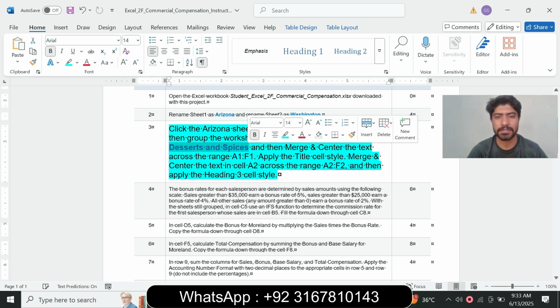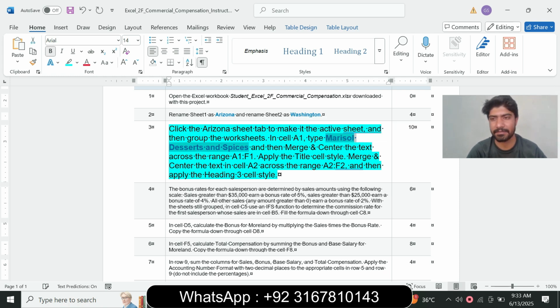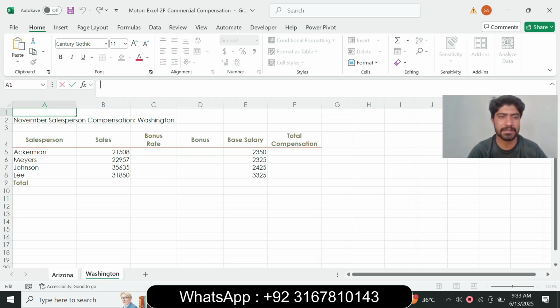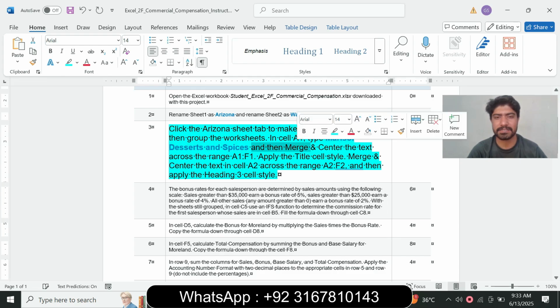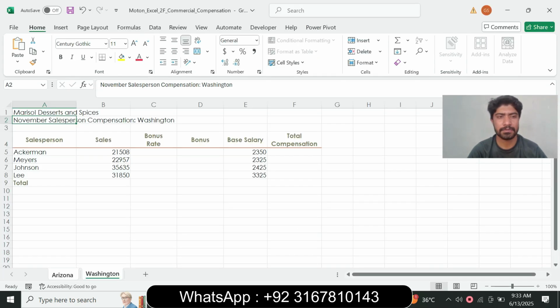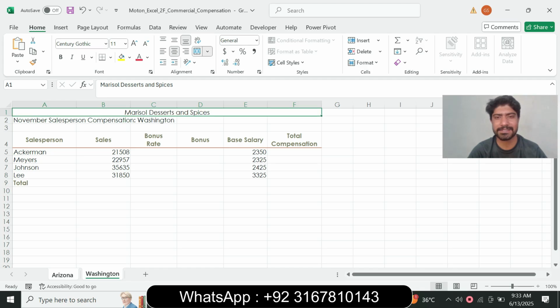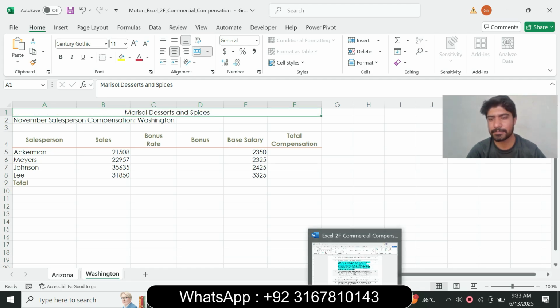So copy the title and paste the title in cell A1, press enter, and next merge and center the text A1 to F1. So select A1 to F1, go to the Home tab, go to the Alignment tools, click Merge and Center, and next